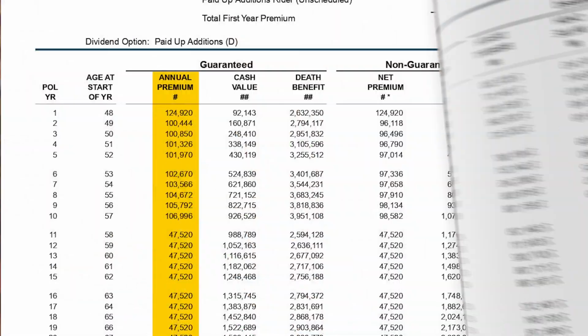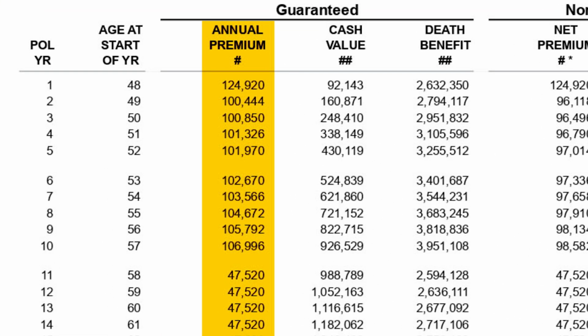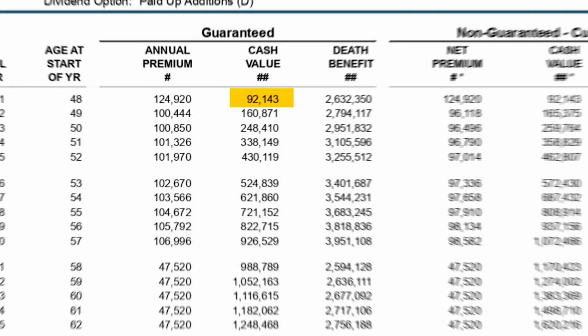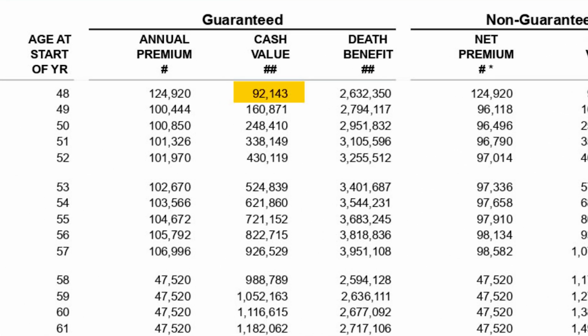And so this guy sent him this, and I'm not kidding, this is the easiest example he sent, just so I can make it easier for you guys. But you can see he's throwing in almost $125,000 in the first year. Then it's right around a little over $100,000. I don't know why the numbers keep varying from year to year. It's really ridiculous. And then finally, it drops down to like $47,500. And we said, tell you what, this is not bad, right? Because for example, you put in $125,000 that first year, you see there on the far second one from the right, it says $92,143. That's the cash that's actually in there. That means that roughly almost $30,000, or actually just over $30,000, are going to insurance costs to pay for it.